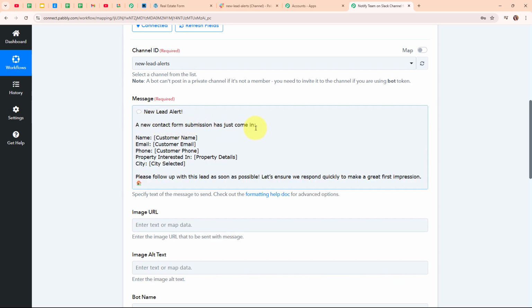A new contact form submission has just come in. Name, email, phone, property interested in, and the city. Please follow up with this lead as soon as possible. Let's ensure we respond quickly to make a great first impression. So this is the message which I want to send as an alert to my team on our Slack channel,